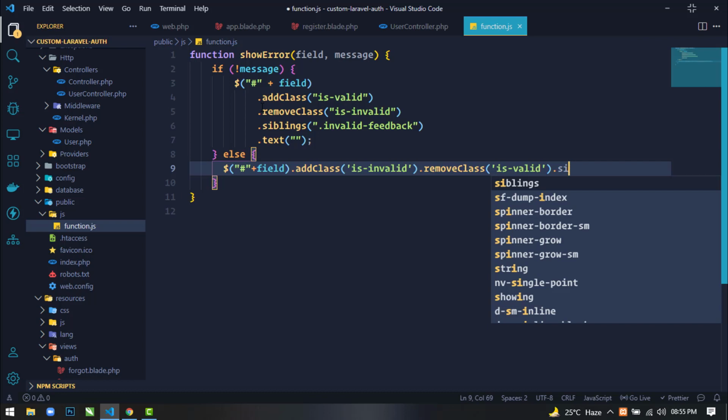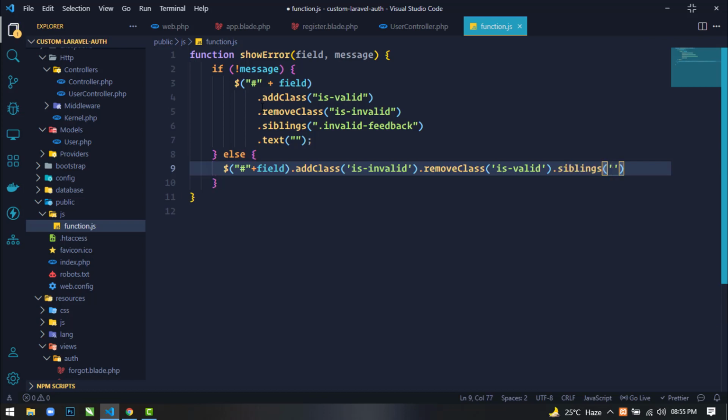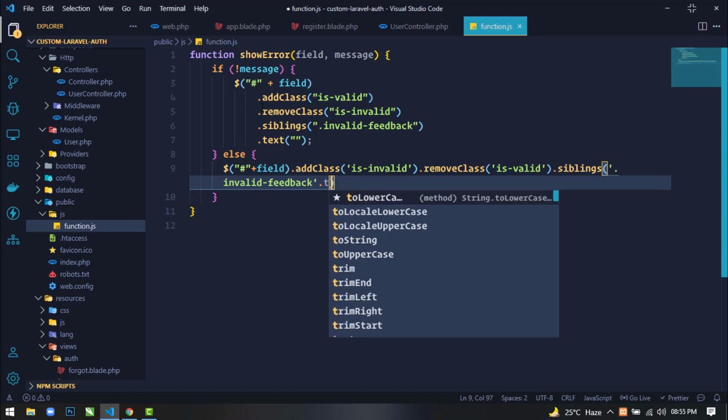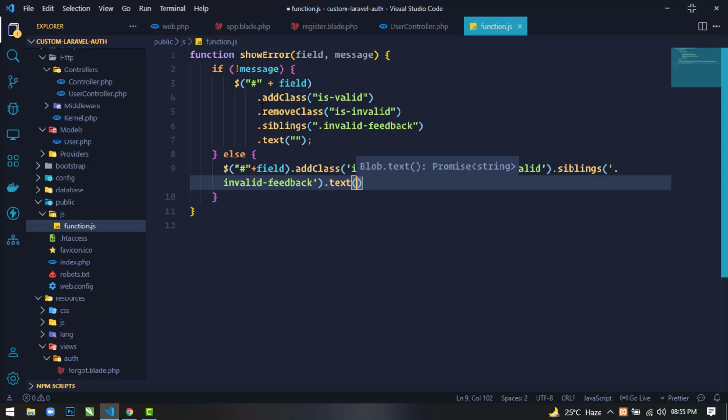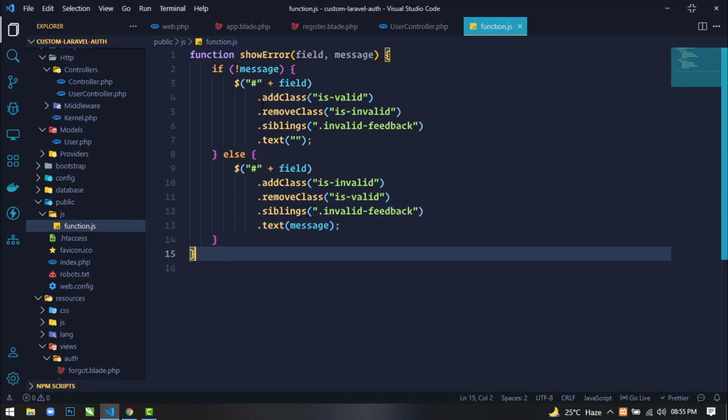So here I will use siblings invalid-feedback dot text, and here we will display the message. So just write message, and next.